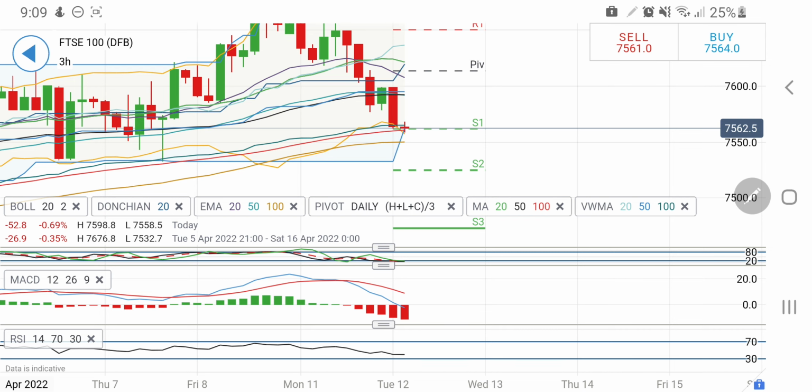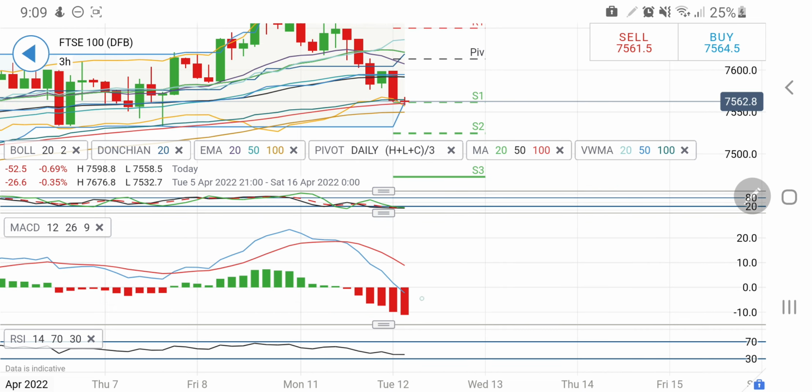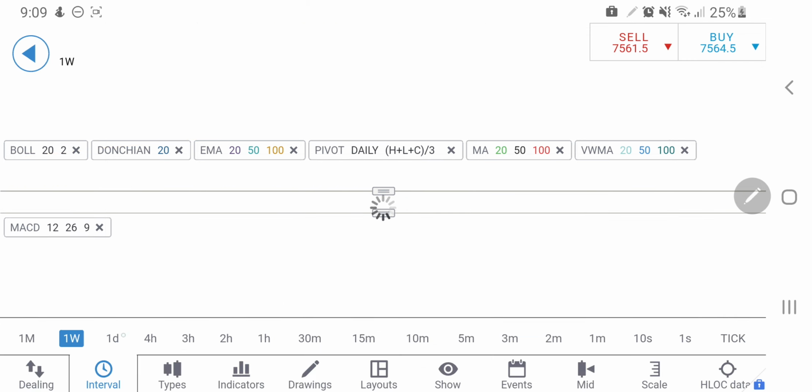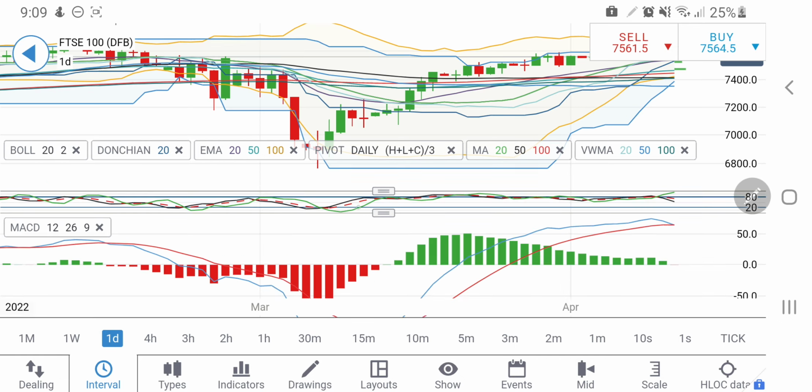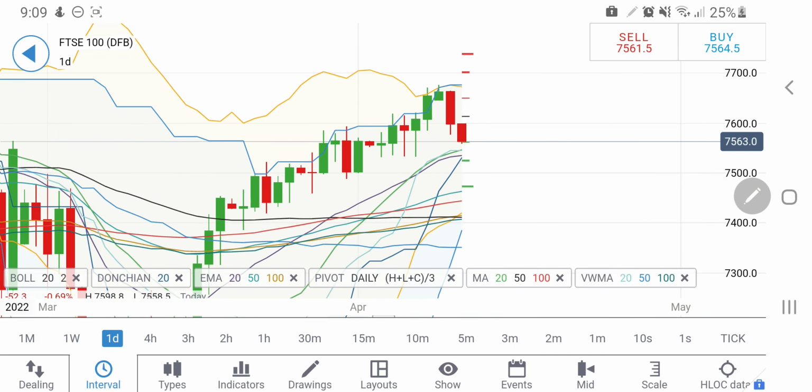On the 3-hour charts, the stochastic is oversold, hence a little bounce back can be seen. MACD is divergent and seen a high, so probably it must start converging from here. Now look at the daily charts. On the daily charts, this is the second red candle after this. So probably this candle can be in red itself, almost 75 points, 60 points previous candle.